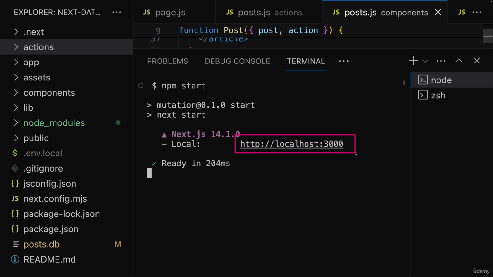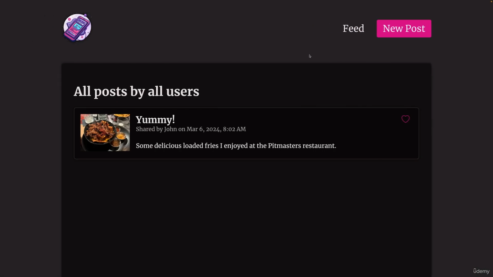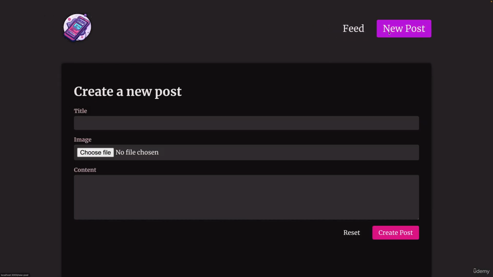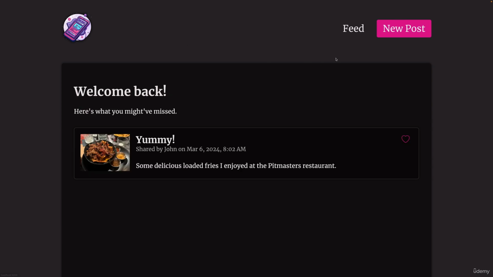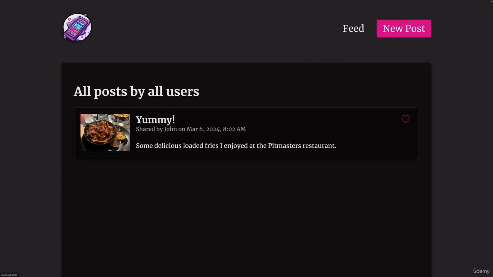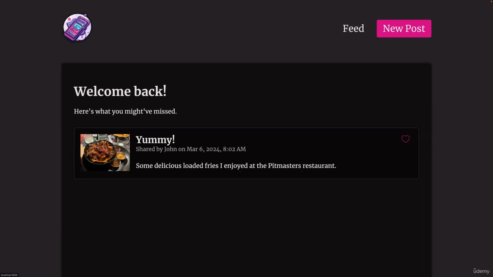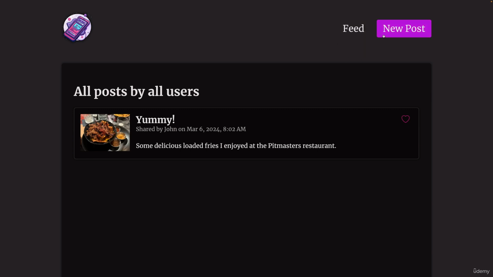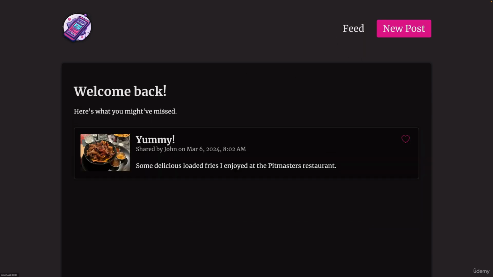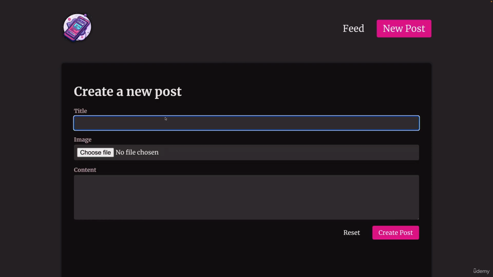Now this server will still be available on localhost 3000, and therefore I can simply reload here, but it will now be the production version. And one thing you can immediately see here is that as I switch those pages, that loading text doesn't appear here. Instead, the data is there instantly. Great, it's faster. Yeah, but this comes with a price, and you can see that price if I create a